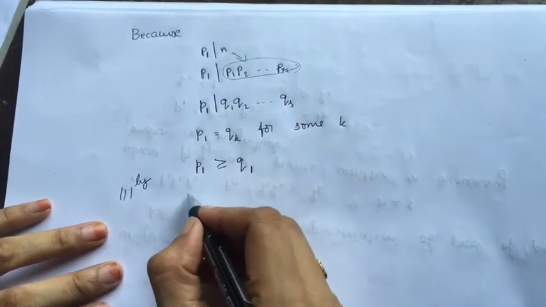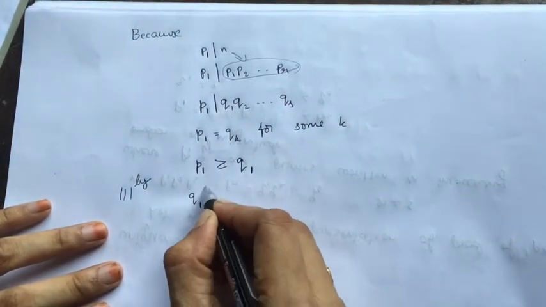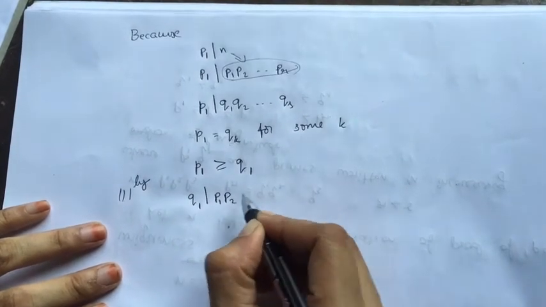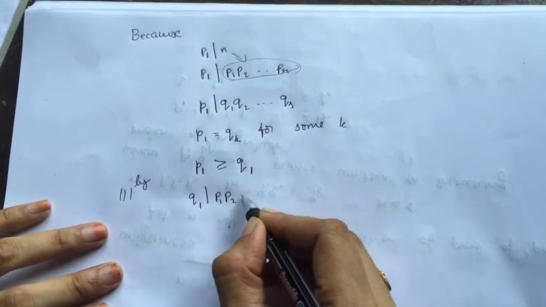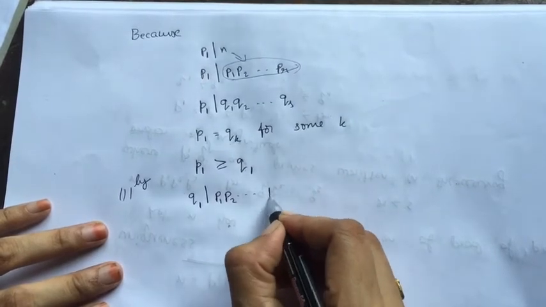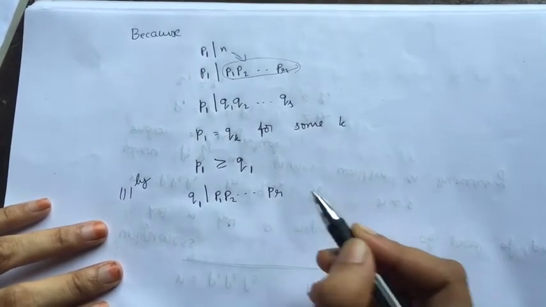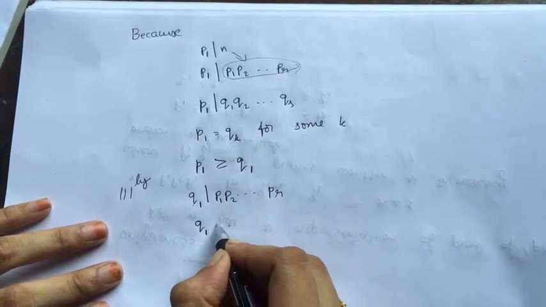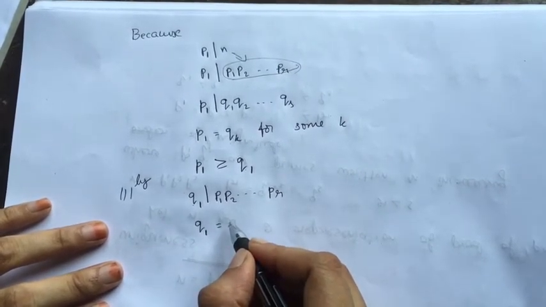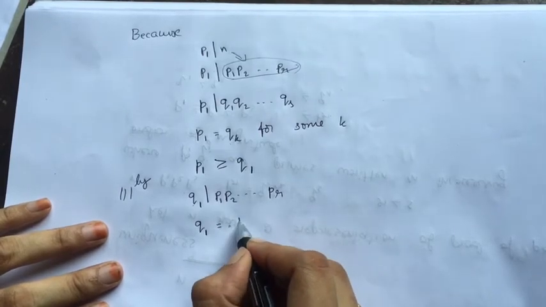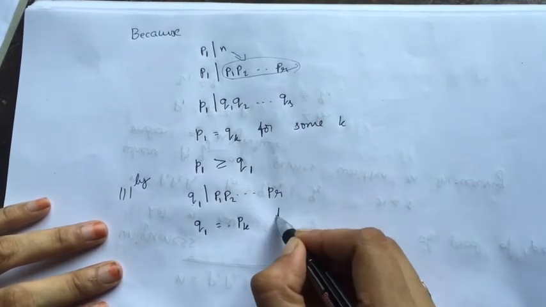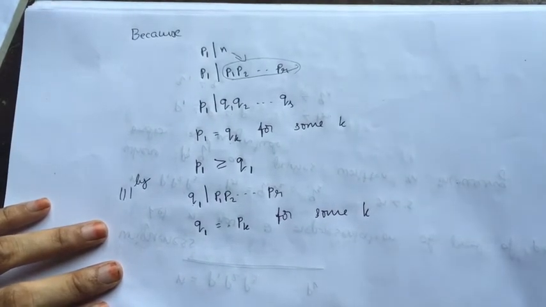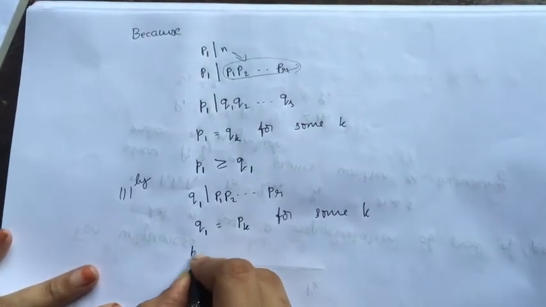Similarly, I can say Q1 divides n, and n is nothing but, taking the other representation, a product of P1, P2, ..., PR. Okay, so this Q1 is equal to some prime number Pk for some integer k, right? Some k. But then